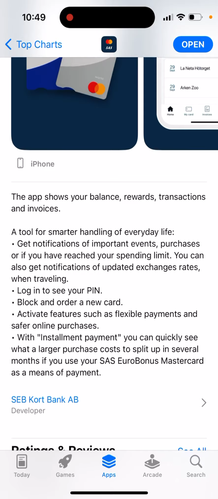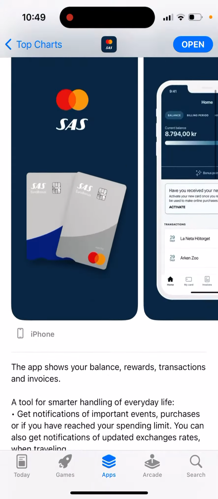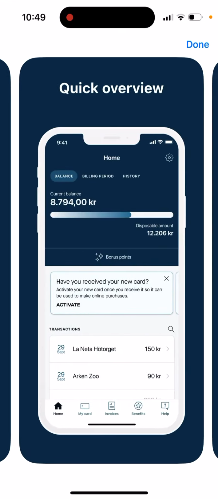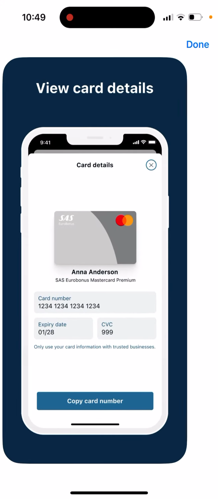So yeah, just log in with your PIN, and with installment payment, you can quickly see what a larger purchase costs to split up in several months if you use your SAS Eurobonus Mastercard as a means of payment. So just quick overview, you can see card services, view card details,